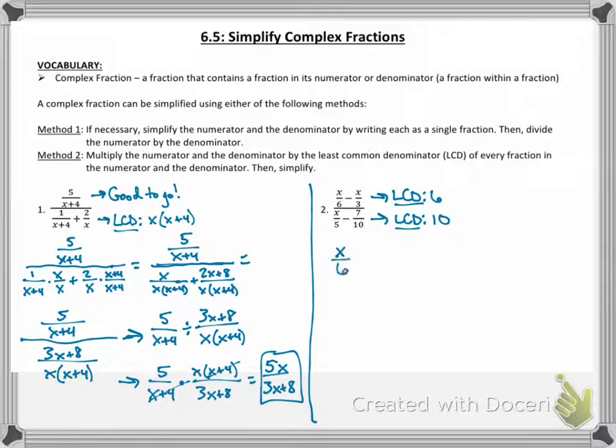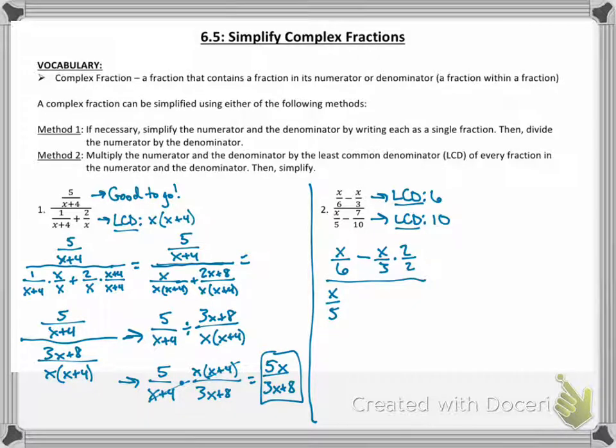So I have x over 6. Since my common denominator matches, I don't have to multiply by anything. You could theoretically do 1 over 1, but that's kind of useless. My second fraction has a denominator of 3. In order to get a denominator of 6, I'm going to double it, multiply by 2, all over